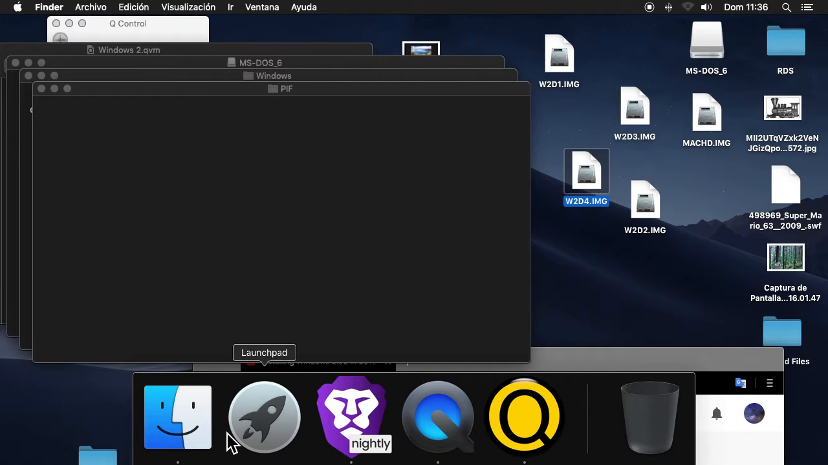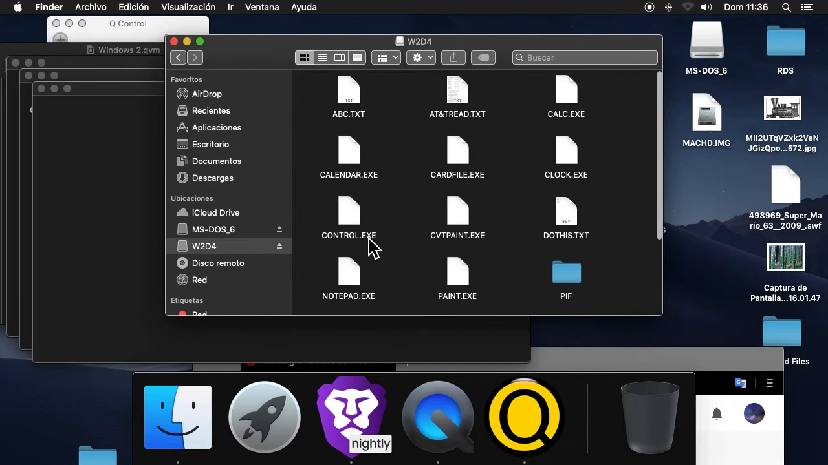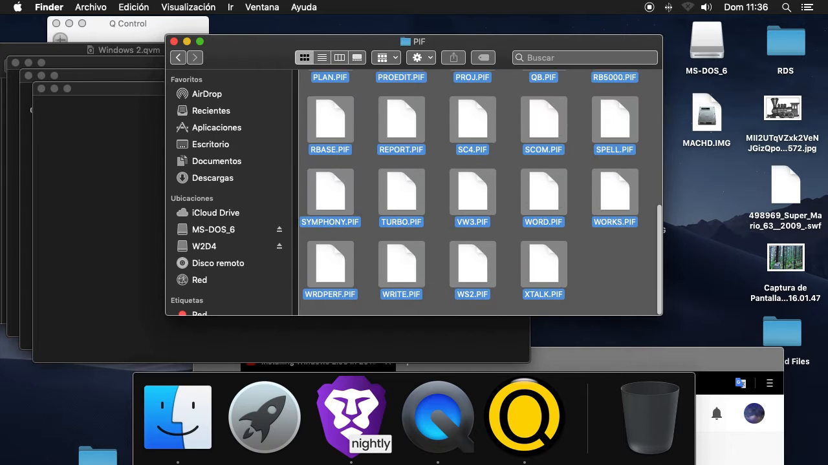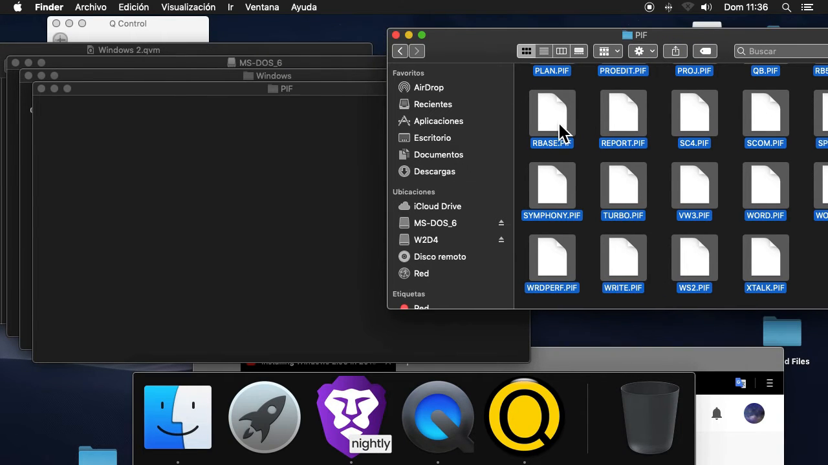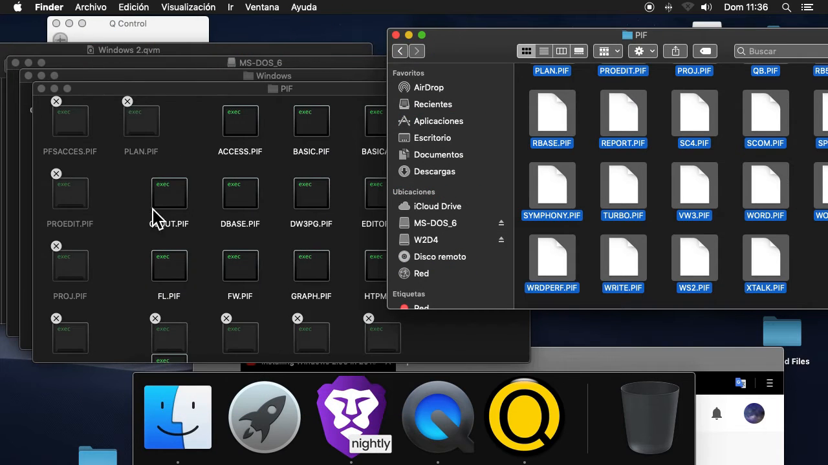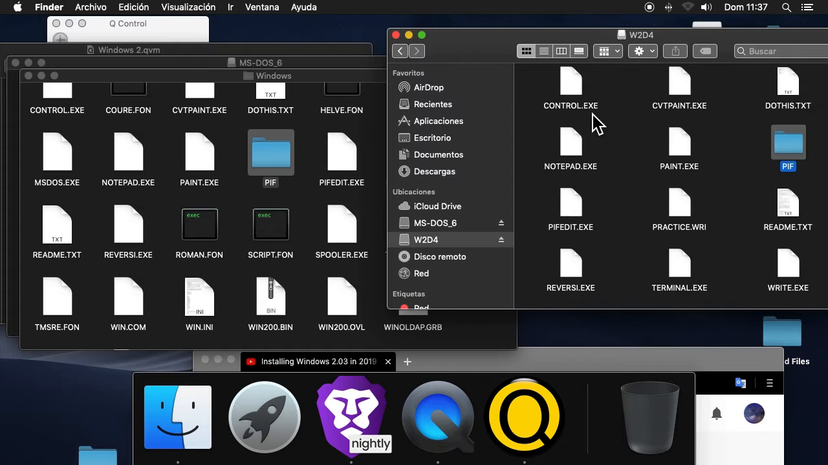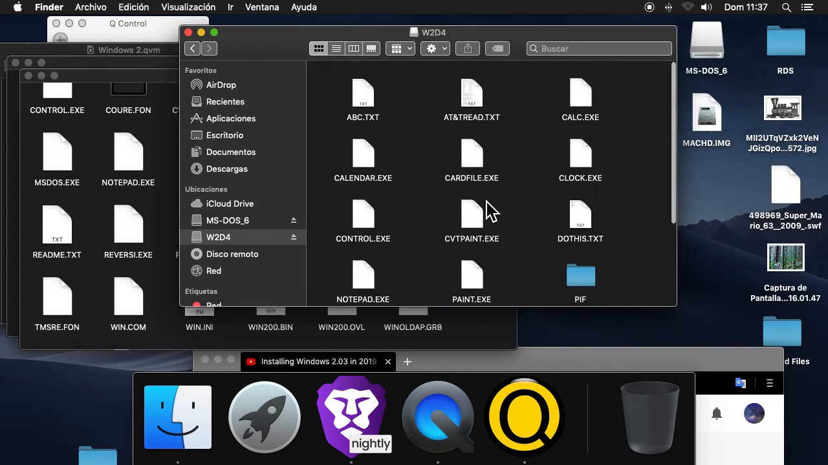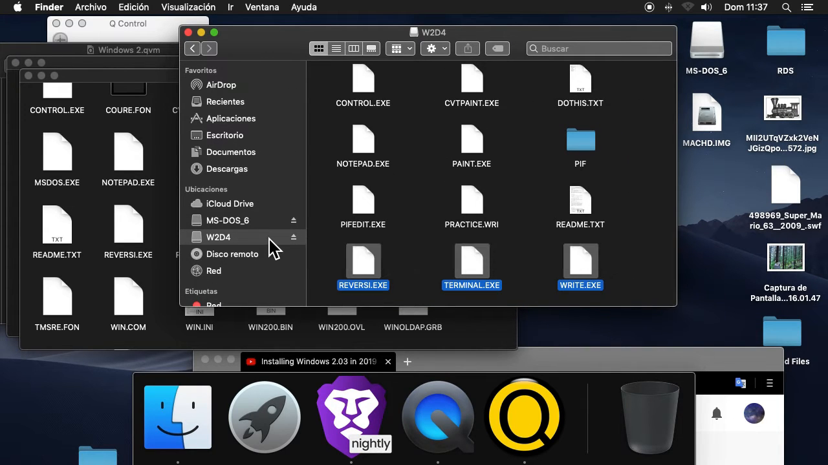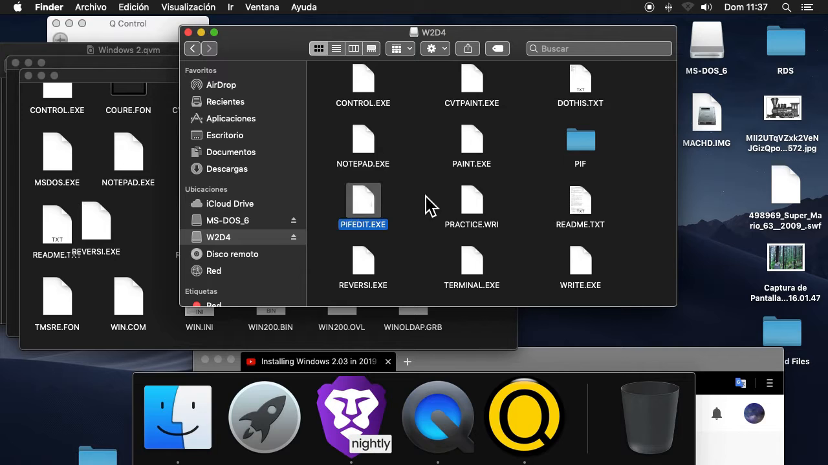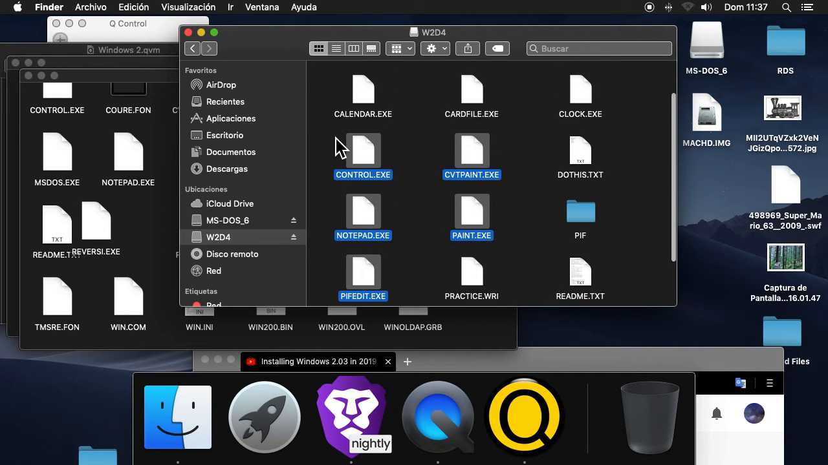Hey, whatever. Here are the PIF files, so let's just copy them over. But I might actually have to copy. I'm just gonna copy over the applications just to be safe. It's lucky for Windows 2 that the applications are not